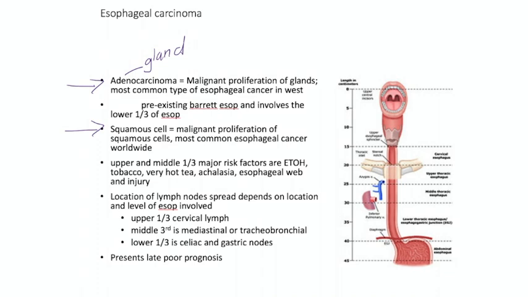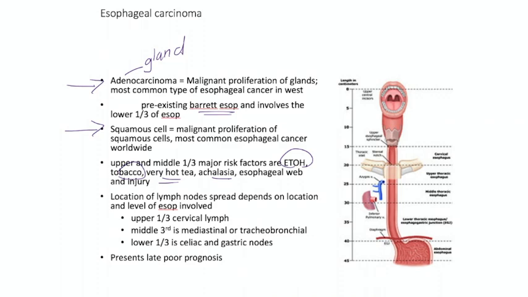So with the adenocarcinoma, we have malignant proliferation of the glands, most common type of esophageal cancer. And this is your pre-existing Barrett's esophagus, which is going to be the lower 1/3 of the esophagus. When we talk about squamous cell, we're talking about malignant proliferation of squamous cells. This is the most common esophageal cancer worldwide. And then we're talking about the upper and middle 1/3: alcohol, tobacco, very hot drinks, achalasia, and certain injuries predispose